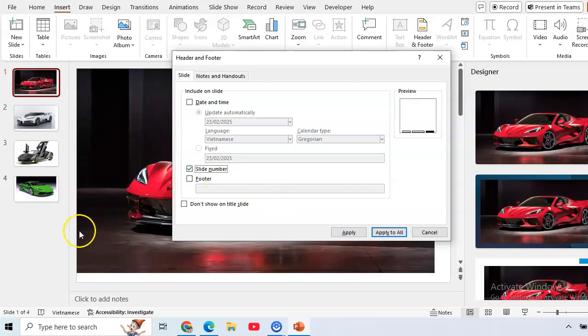And if you want to add slide numbers to all the pages, to all the slides, click apply to all. And if you don't want to show it on the title slide, you can check this box, but it's okay, it's fine. And then here click apply to all,